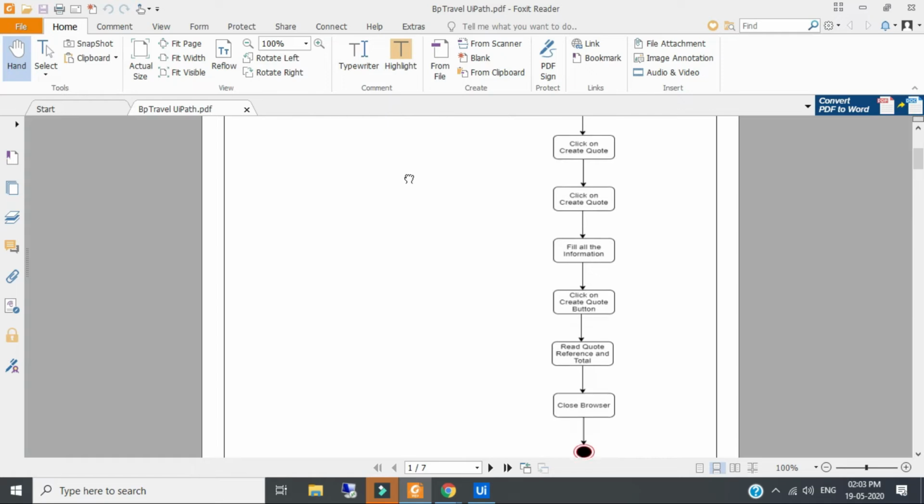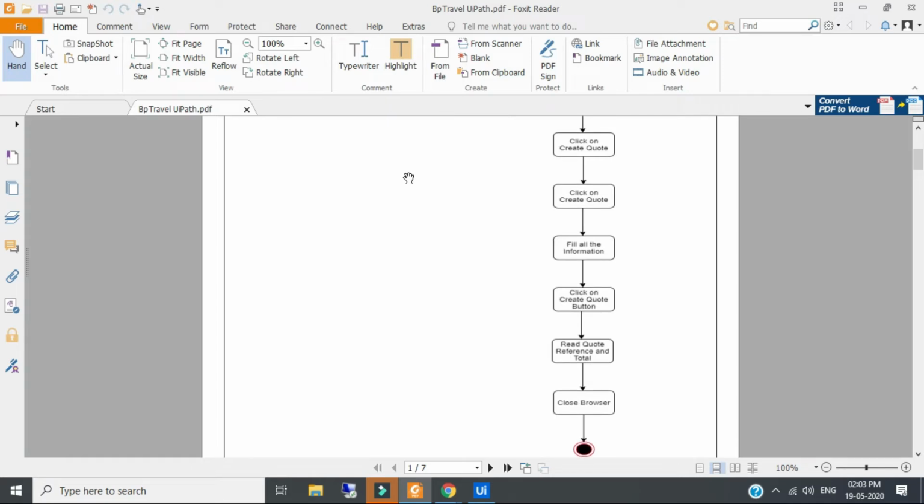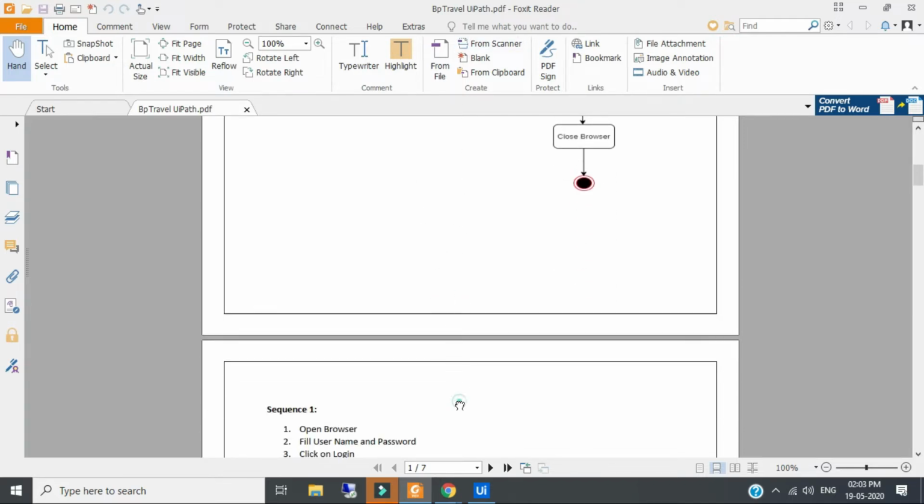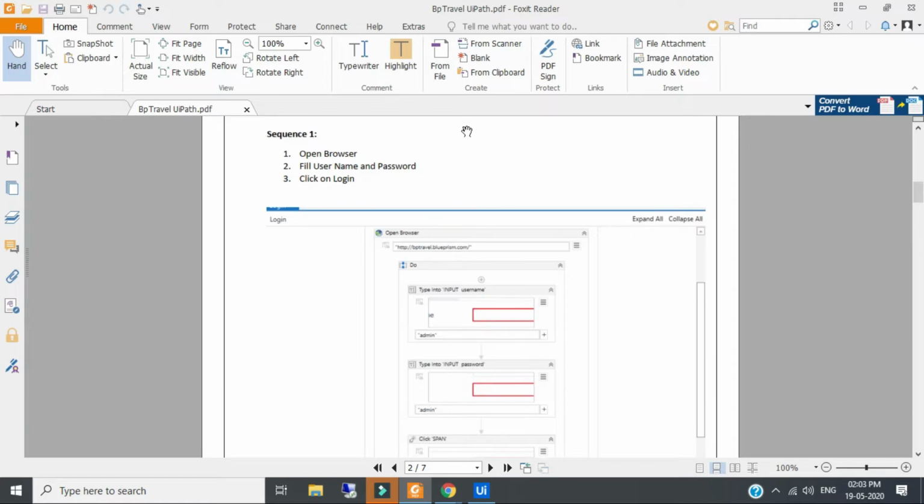After clicking on create quote it goes to the create quote page. We fill in all the information and submit it, and after submitting it will give a total amount and the quote reference, so we have to display that. So this is the flow. The first sequence is to open the browser, fill in the username and password, and click on login.